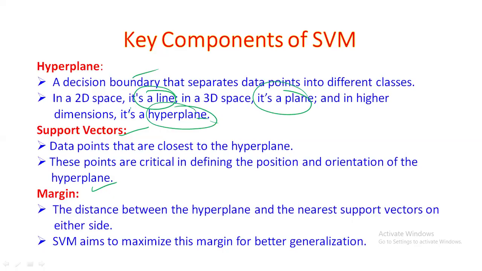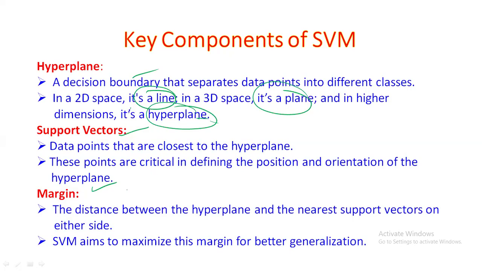The support vectors are the critical data points that lie closest to the hyperplane. These points are vital because they define the margin of separation. The position and orientation of the hyperplane are directly influenced by support vectors, and removing or altering these can change